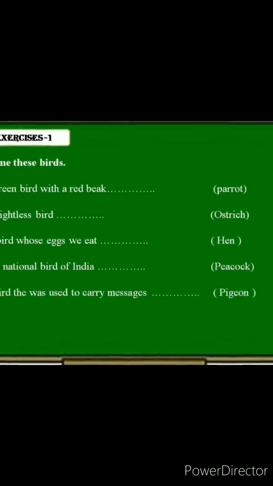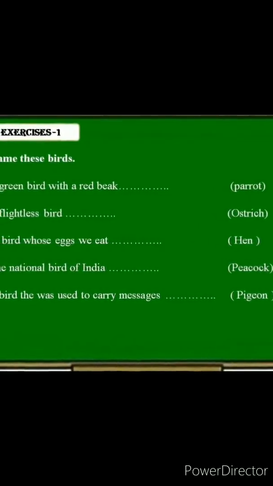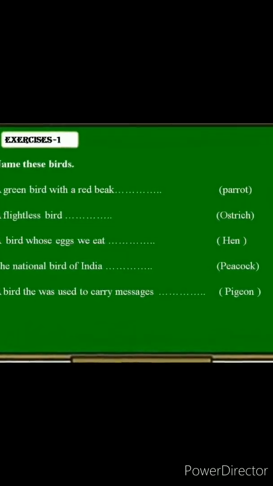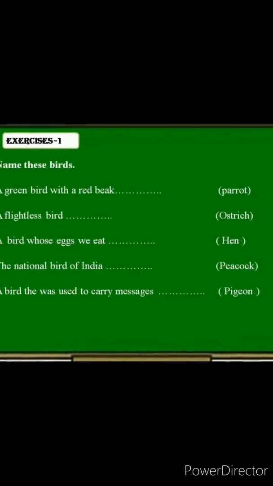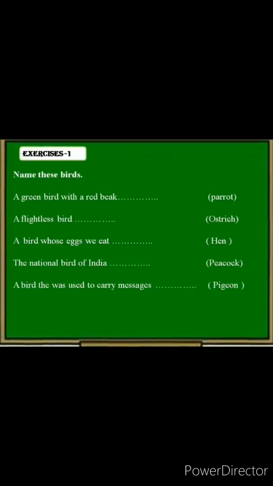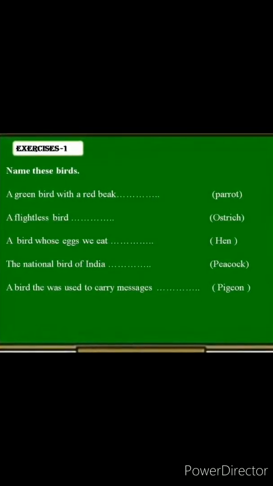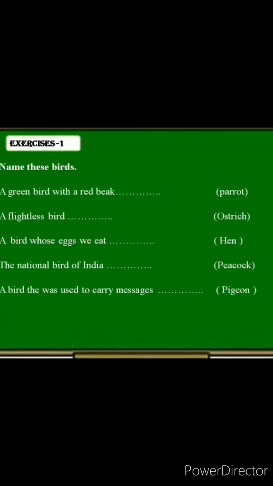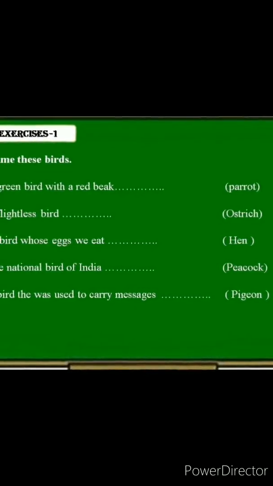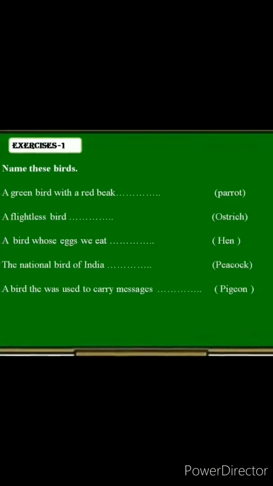Exercise 1. Name these birds. A green bird with a red beak. Students, tell me which is that bird. Answer is parrot. A flightless bird. Answer is ostrich.